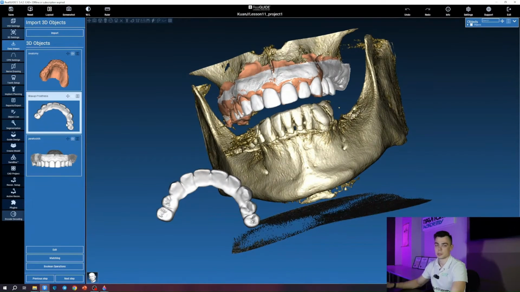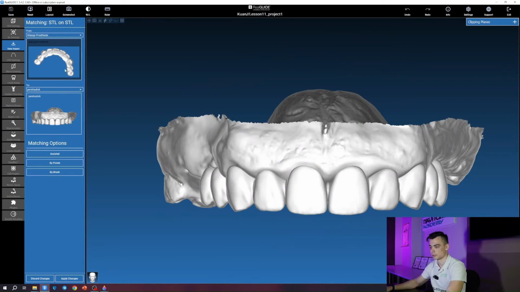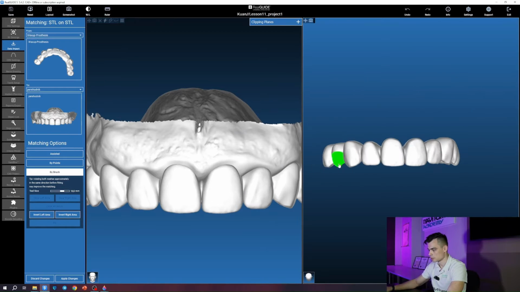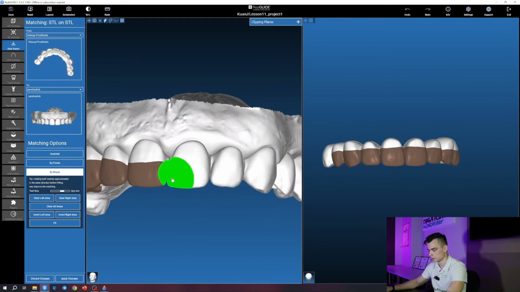And now, as the final step, we align the wax up. We click matching STL to STL, and here once again we double check everything. But now you see the program has selected the files, and it actually selected them correctly, just as before. So we are aligning the wax up to this adapter. That's why we click again. And now I just brush over these crowns, because in these scans, the crowns themselves are identical. I click and